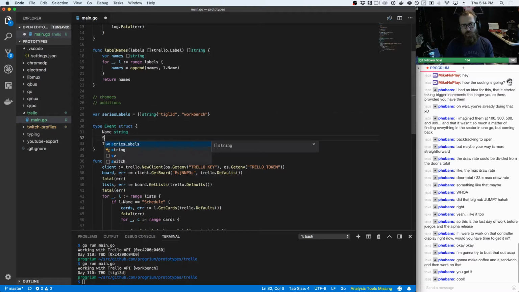So this will let me set the series. In the other stuff, I've been calling that the tag. So maybe I'll call these labels in that. That works. So basically, I'm going to go through and let's see. Do I have